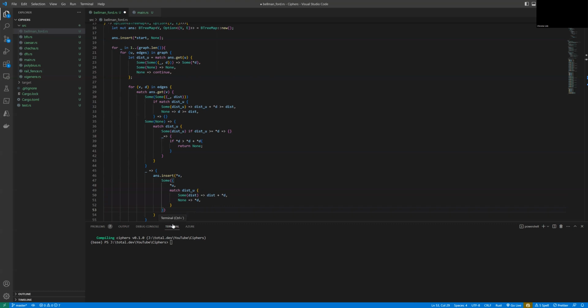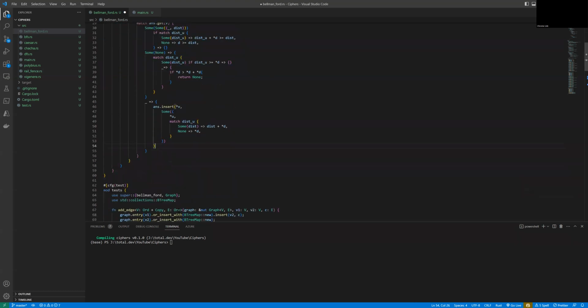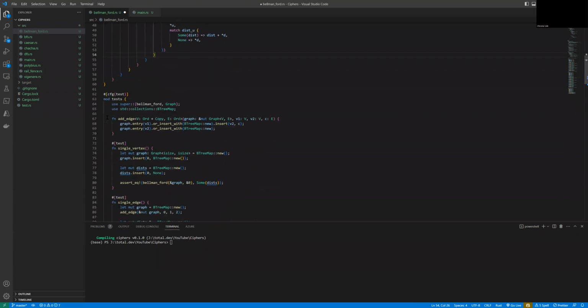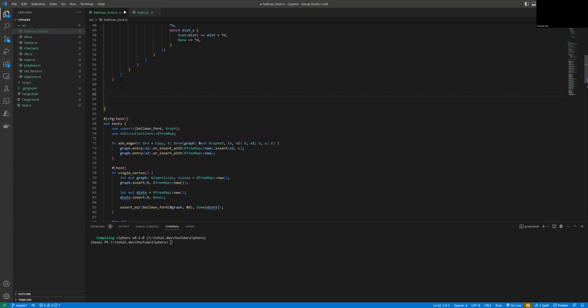Just trying to make it prettier. Okay, great. Now we can start working on the looping side of the functions. And then we just say for u edges in the graph,